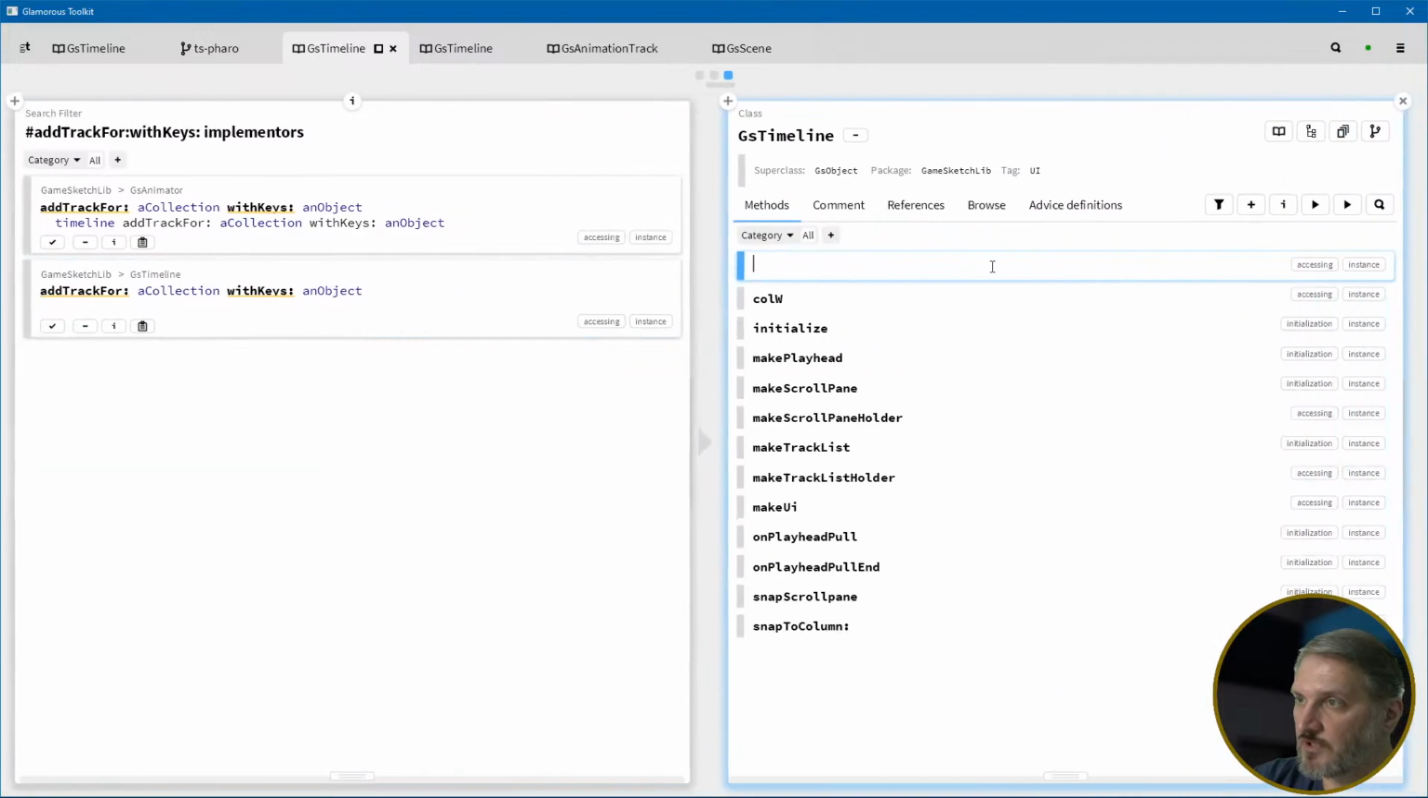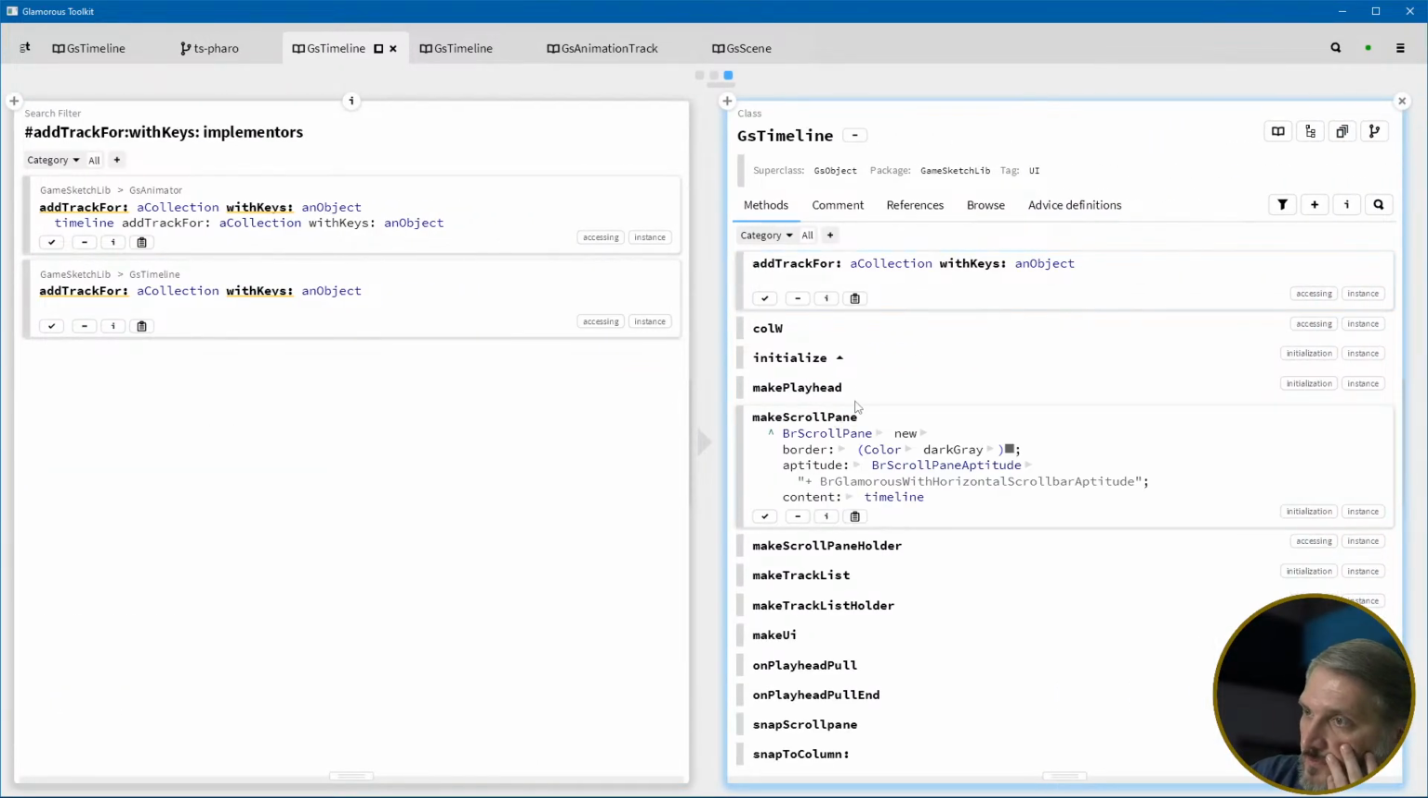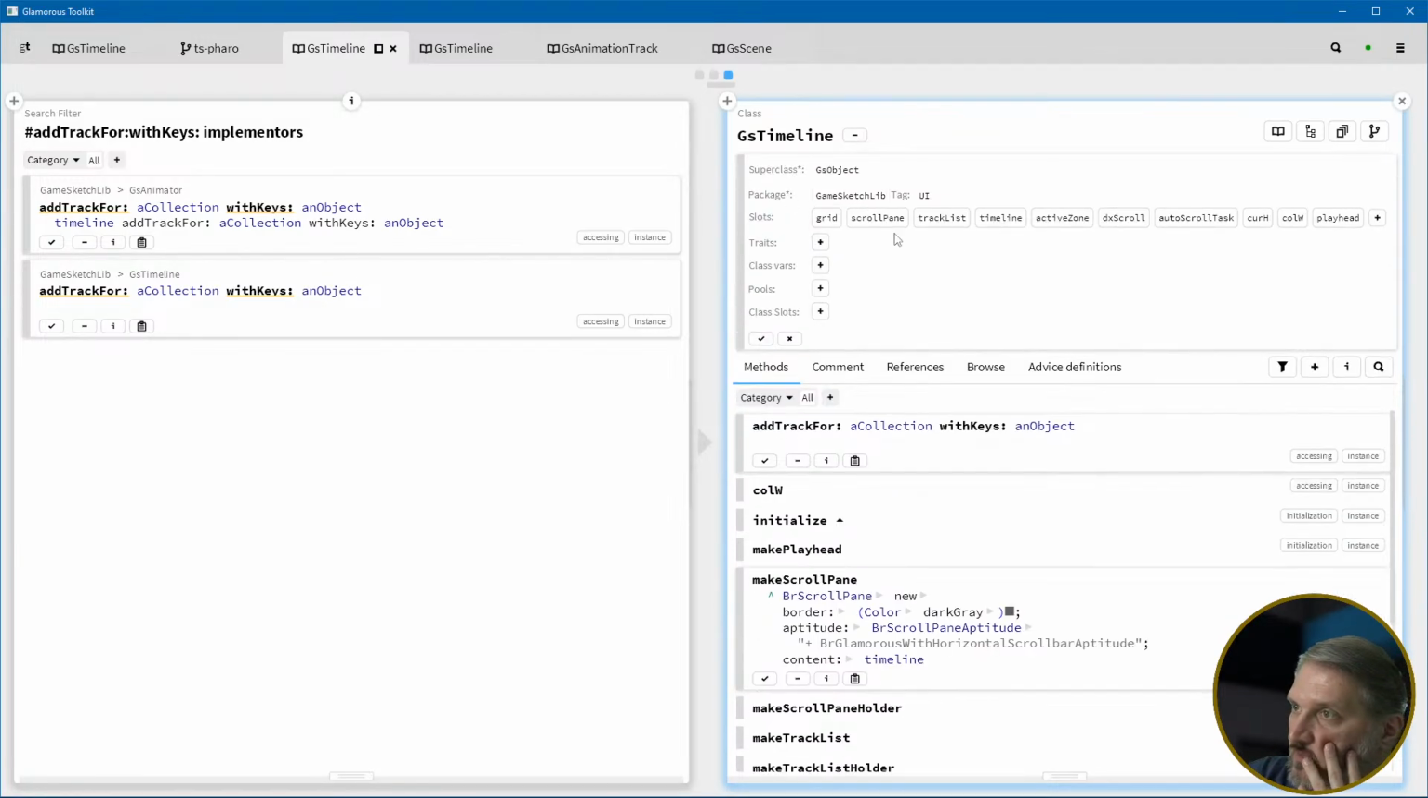What do we do? Let's browse GS timeline. We have this scroll pane on the right. What is the thing on the right? The grid. Okay, so grid, add child, GS animation track, new,